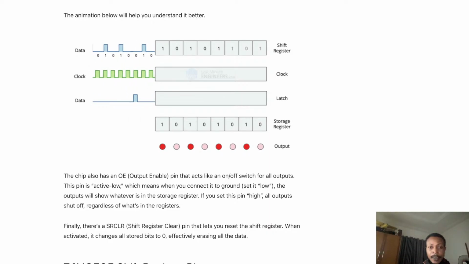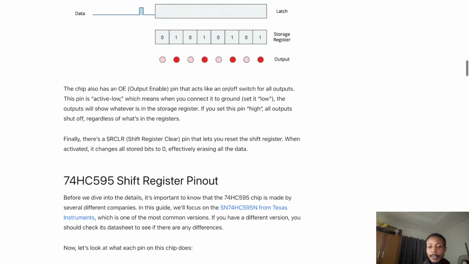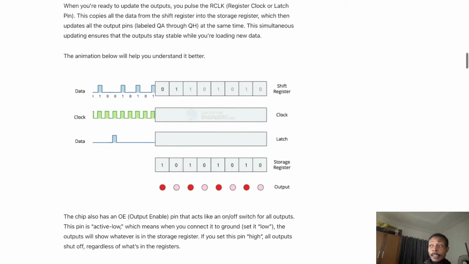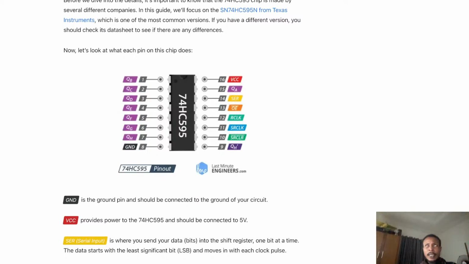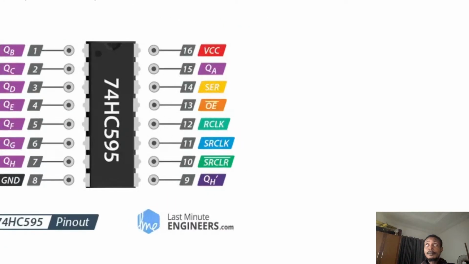We are going to be toggling the data one bit at a time into the chip. This is the layout of the chip. As you can see, we've got 8 data pins. Most of these pins you can ignore. The ones we are interested in are